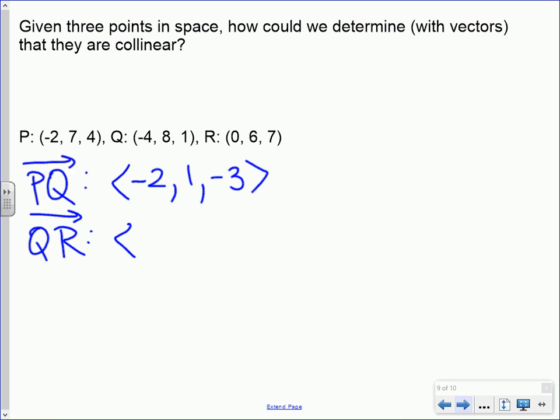Terminal minus initial. Terminal minus initial. Let's go back to here. Terminal minus initial should be a positive 4, right? Terminal minus initial, yes, is -2. Terminal minus initial is